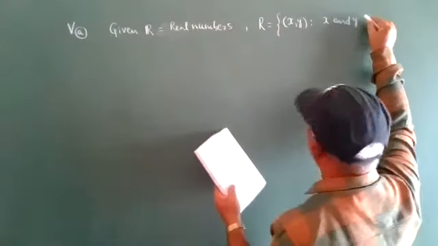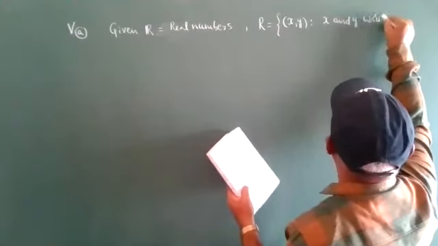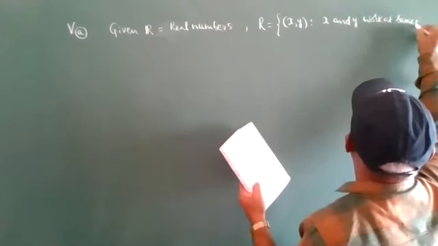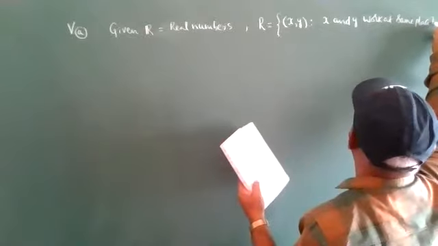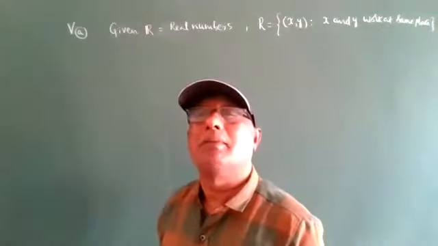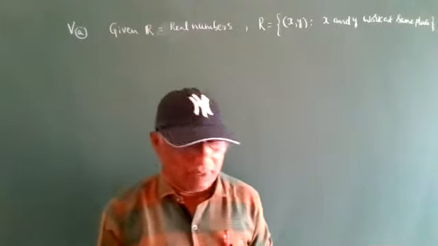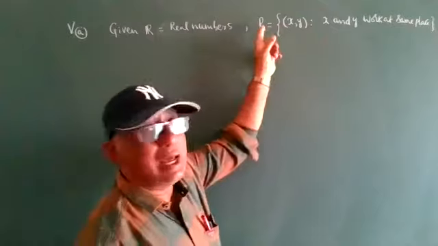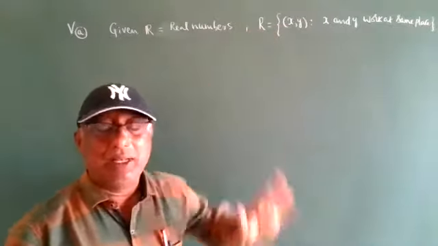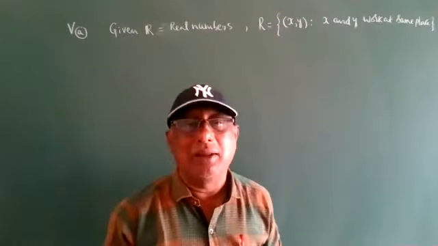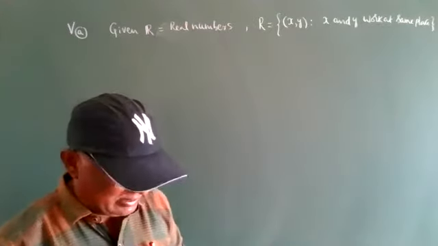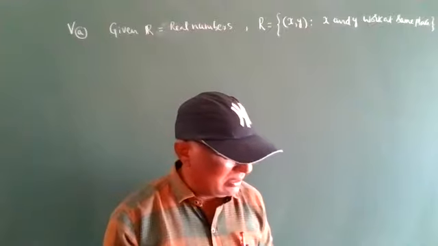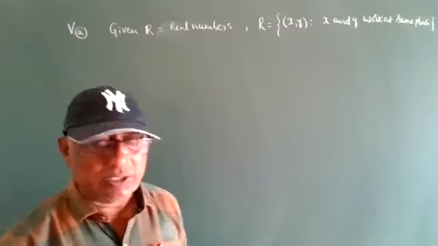X and Y work at the same place. One is the set of all real numbers, and the other, the single arrow R, is the real number symbol. Now we have to show whether it is reflexive, symmetric, or what, and give the indication.